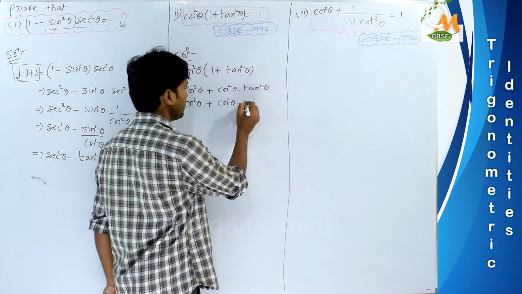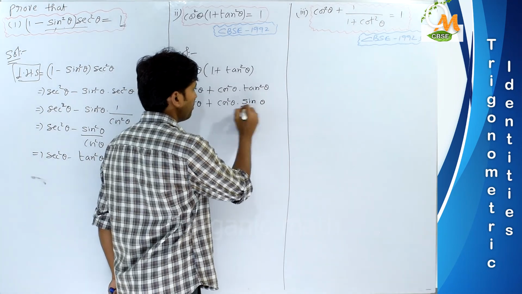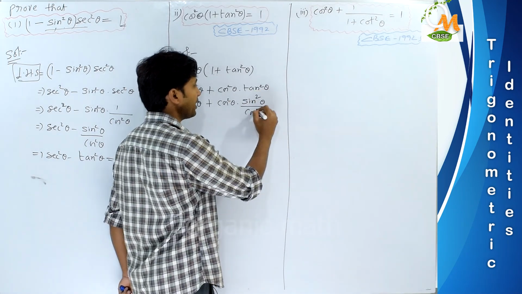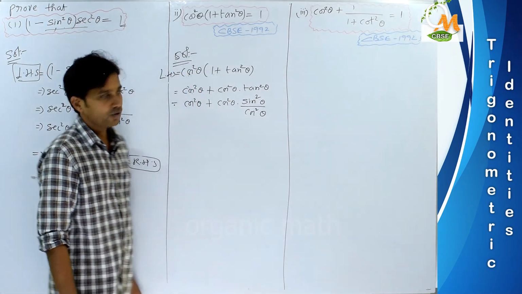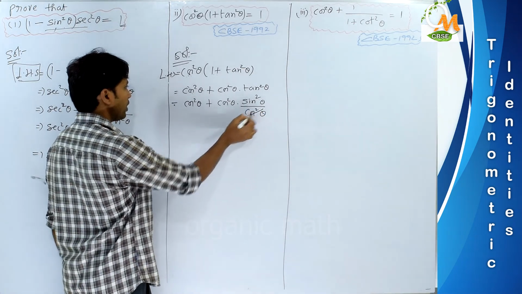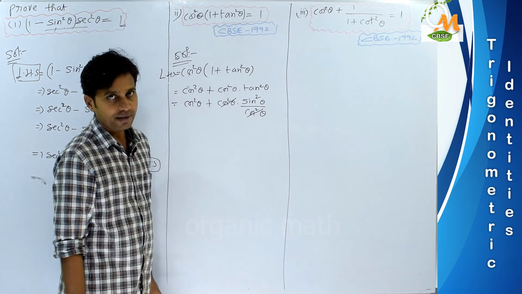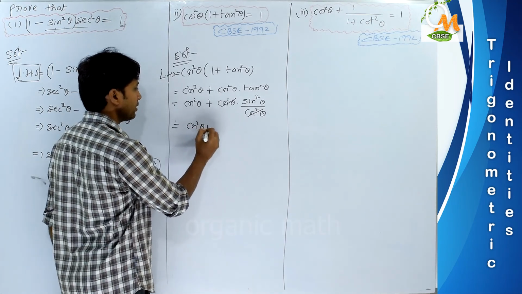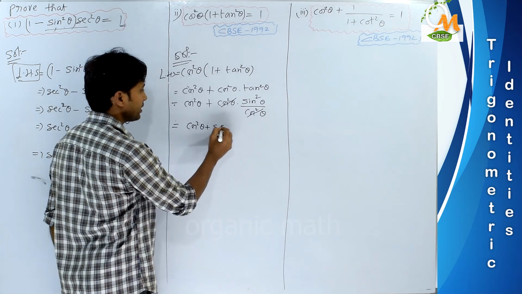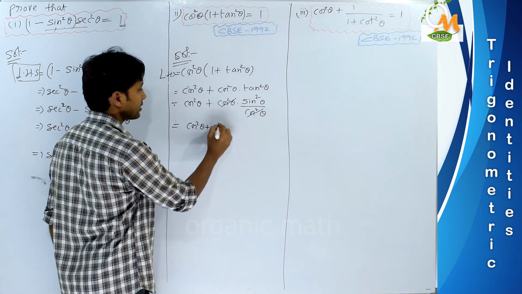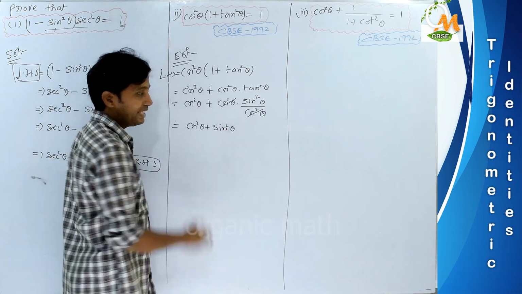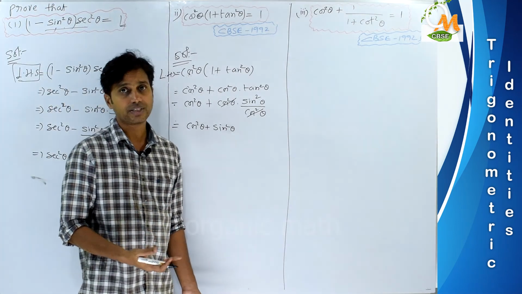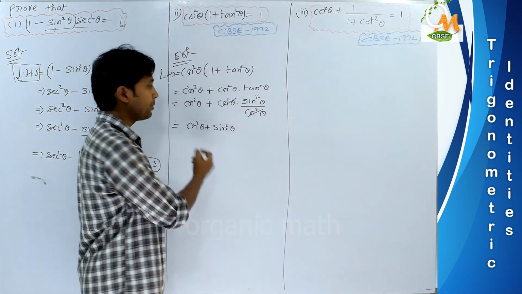So what can we write here? Sin theta by cos theta is tan theta, and since here square is there, so we can write this sin square theta by cos square theta. Okay, now as you know, cos square theta can be cancelled in numerator and denominator part, and what is left over? Here cos square theta plus this would be your sin square theta. Now tell me, is it a standard identity of trigonometry or not? This is the first identity, sin square theta plus cos square theta equal to how much? Value of it would be 1.